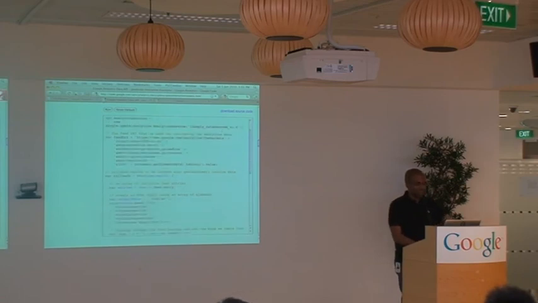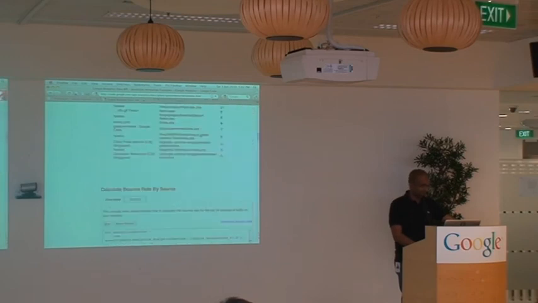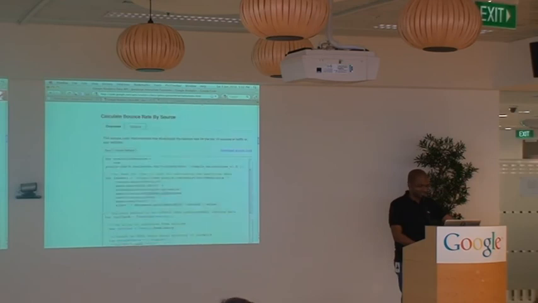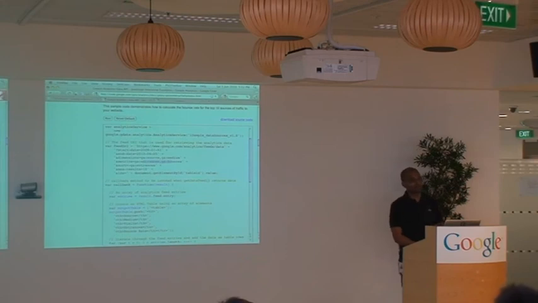And then we say the dimensions I want, the source and medium, and the entrances and bounces. Oh, what are we doing? We're at the wrong... Oh, we're at another example, sorry. Well, anyway, let's look at this then. This example here is looking at all our content by bounce rate, so who's leaving our site after viewing one page. So you say the dimensions I want.